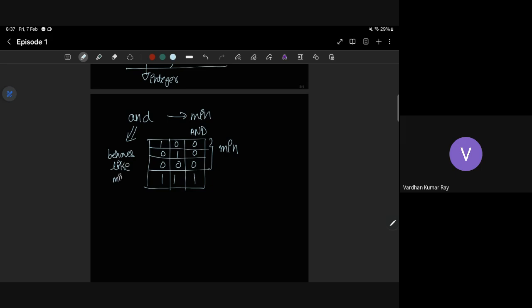Yeah. So these things, I think somebody wrote quantum and stuff. I did not reply at that time. These things are used a lot in quantum, like how AND works as minimum, how OR works as maximum. OR is maximum, by the way. Yes, you can interpret AND as multiplication as well, yes.